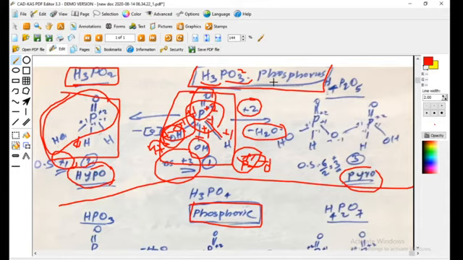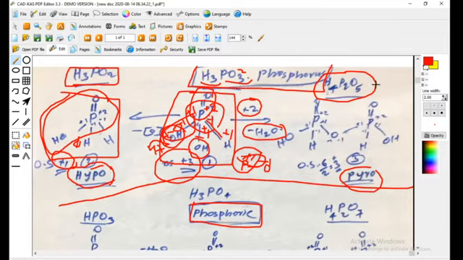pyrophosphorus acid. Pyro. Di, 2 molecules we are telling di. Instead of di we are telling pyro. That's all. Pyrophosphorus acid. So if we go to the molecular formula, it is H4P2O5. Here we double this one minus H2O. So one oxygen less, 2 hydrogen less in the double of this molecule, it will be